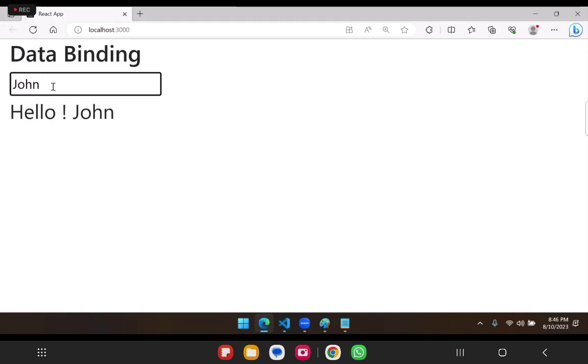That means if you are an Angular developer and you are doing the similar thing, you type in the text box, it will change. That means now it is not working for you. That means internally, implicitly, React is having a one-way technique. Then how can I build an application if I don't allow any modification? That means is two-way binding not possible in React? It is possible, but it is not